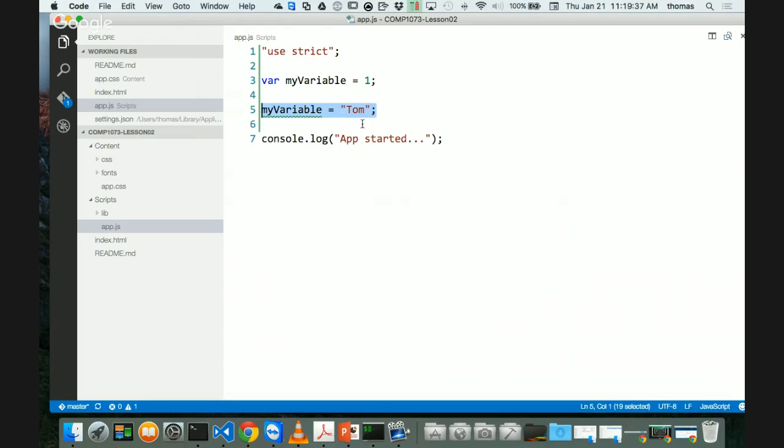JavaScript is loosely typed. It's also case sensitive. And again, if I do this again from a scope perspective, we talked scope last week a little bit, right? My scope for my variable, this thing called my variable. Remember, my variable is a container. It's a storage container right now, right? The scope is the global scope because it's written here like this, right? I haven't compartmentalized it inside of some kind of closure like a function, right? So in order for me to make it local to the function, I have to wrap a function around it,